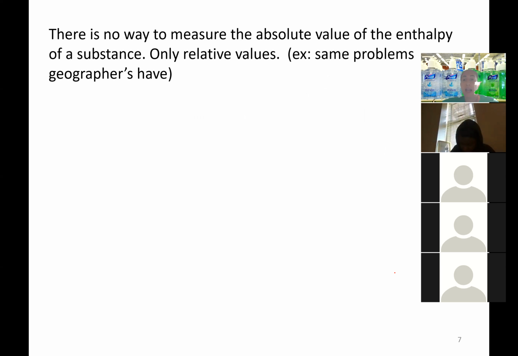It says here, there's no way to measure the absolute value of the enthalpy of a substance. Okay, what does that mean? I gave an example, the same problem that geographers have. Geographers measure the altitude of things, right? They measure how the terrain is. One of the things they do is measure the altitude of mountains, of whatever. So